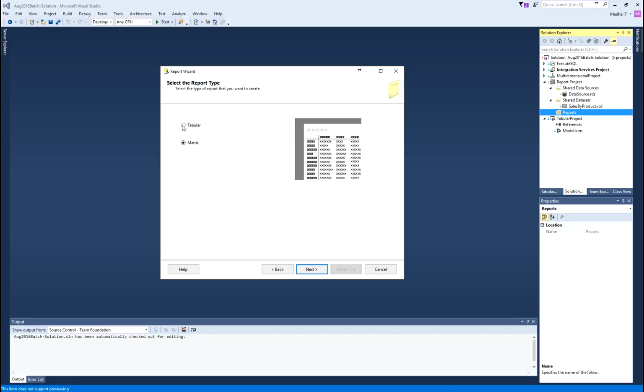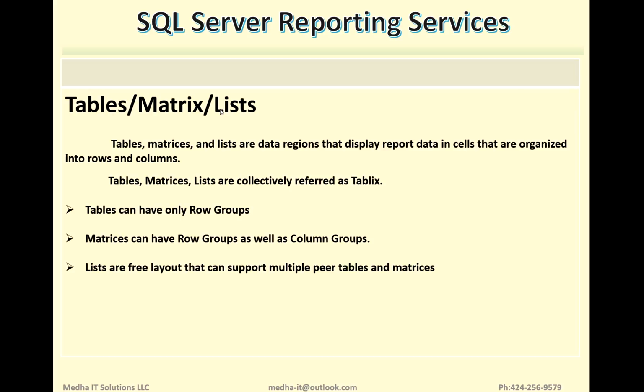So row groups are the groups on the row side, horizontal grouping. Column groups are the vertical grouping, and then we will have the actual details. This is the matrix format, and the tabular format is regular rows and columns format. And within the rows you can have a row group. The row group means grouping of rows into one, okay. So that is tabular and matrix format.